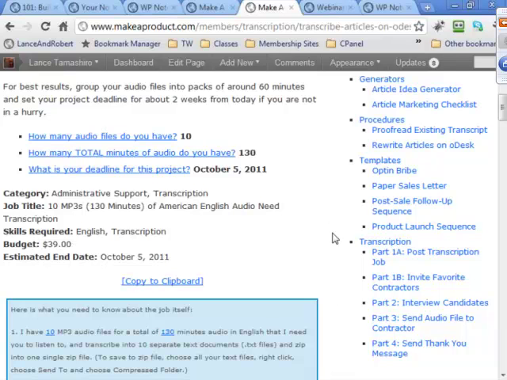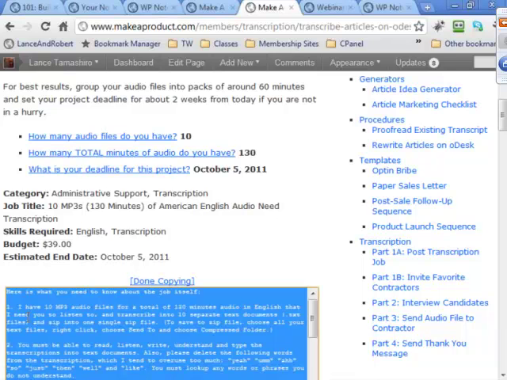But all of this happens automatically, and the only thing that Robert and I have to change to make our entire transcription process work is telling the system how many files there are, how long the files total, and what the deadline is, and the system does the rest. Then I just copy to clipboard, paste it to my outsourcer, and I'm done. I don't have to think or do anything anymore. And again, being able to come back to the membership site every time I have to do this keeps bringing your members back. And that's what you really want to focus on.